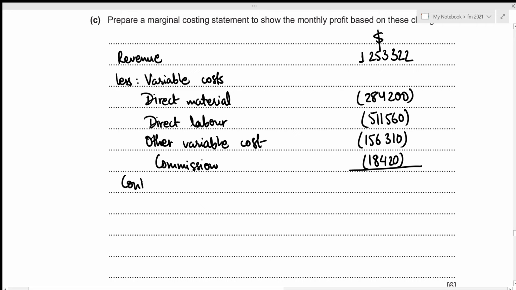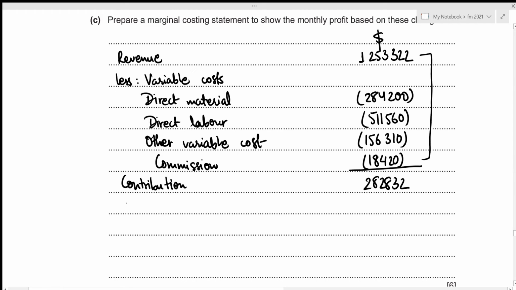And this concludes all of our variable costs, which means that now we will be able to figure out the contribution. So this is going to be the sum of these five amounts. That's 1,253,322 minus 284,200 minus 511,560 minus 156,310 minus 18,420, which results in our contribution to have the value of